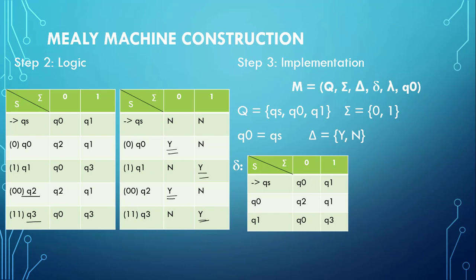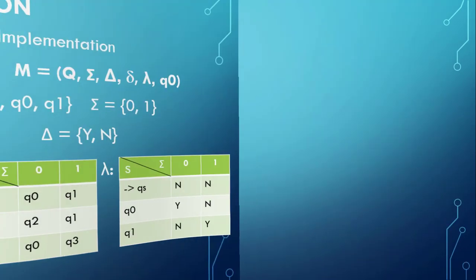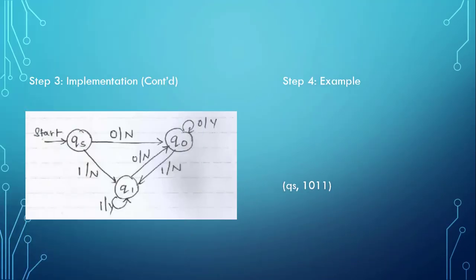After calculating the transition and the mapping, we can easily see that QS, Q0 and Q1 are the states that we are left with, because the states Q0 and Q2 get merged since they have the same transitions and the same output symbols, along with Q1 and Q3, which also get merged for the same reason. So here we are left with QS, Q0, Q1. Q0 becomes QS, that means that state doesn't get merged with any other state, and the output symbol is yes or no. Let us see the state transition diagram and an example.